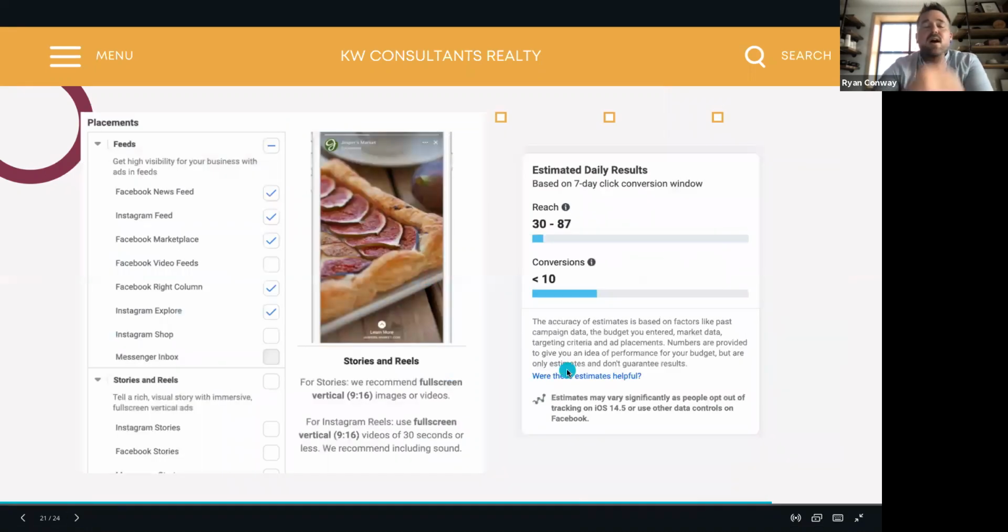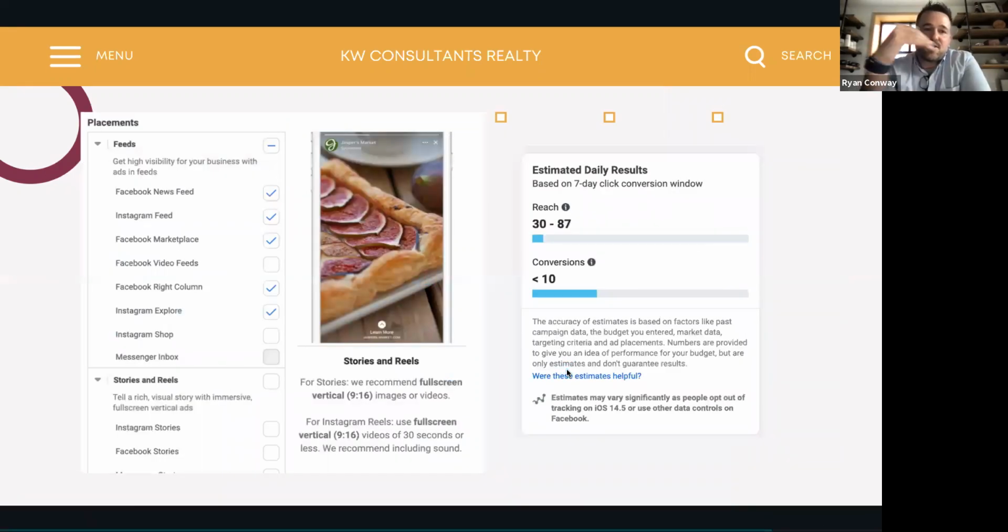Further down, when I'm in the ads manager, it'll also show me the placements and I can affect exactly where it's going to be. Facebook owns Instagram, so that's part of the advertising platform, but there are so many different ways it can be advertised. It can be in the main feed, in stories, in video feeds, along the right side column, in the Instagram shop, Messenger, all sorts of different places.